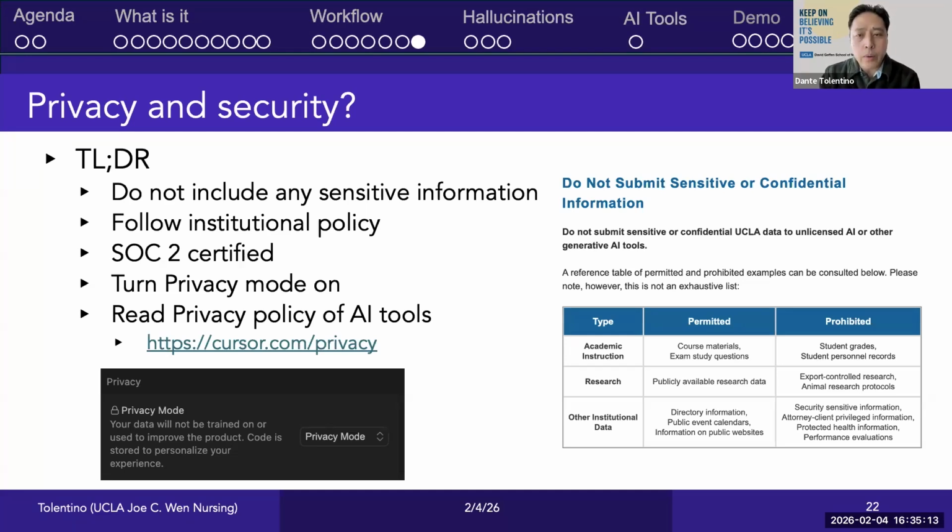That said, you can read each tool's privacy and security policy. And some of the things that you want to consider is looking if they're SOC 2 certified, right? SOC 2 really demonstrates this rigorous control for safeguarding customers' data regarding security, availability, the processing of the data, confidentiality, and privacy through an independent audit. And so check if they're SOC 2 certified. If they're not, don't even bother using it.